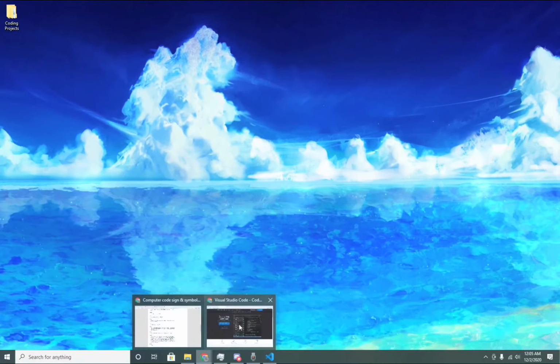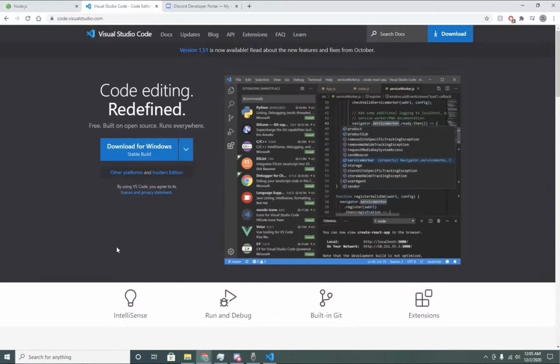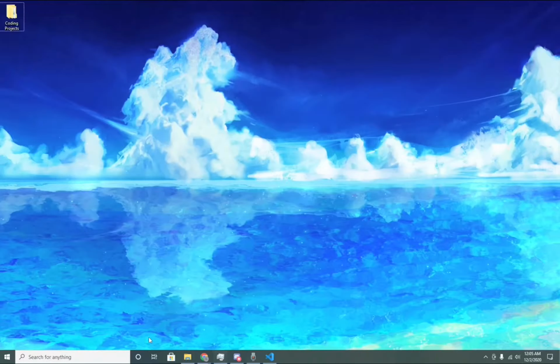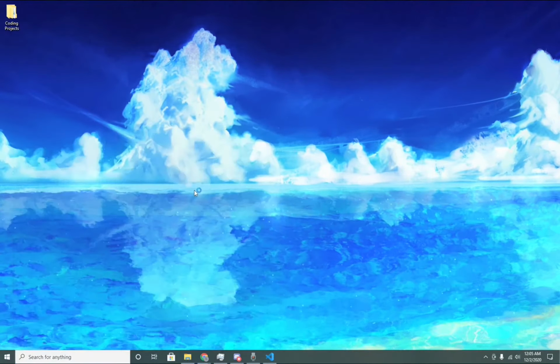So the first thing you need to do is download these two things, if you haven't already. The first thing will be Node.js, so we can actually run our code outside of the web. The next thing is Visual Studio Code, and this is what we will be actually coding our bot with. So, once you have these two things downloaded, then you need to open up Visual Studio Code,